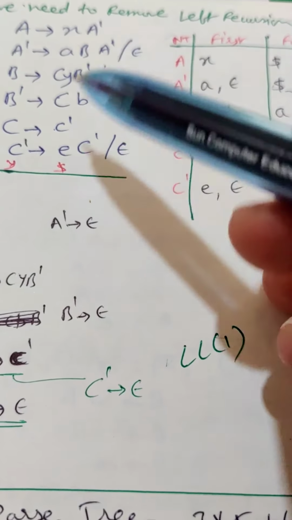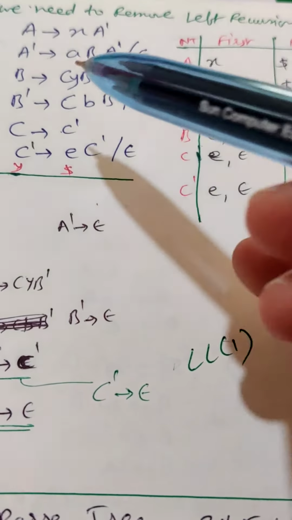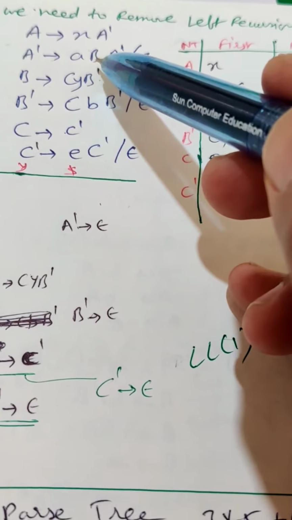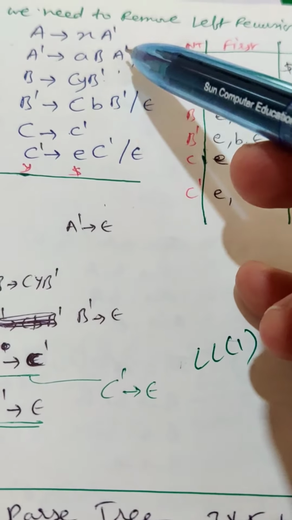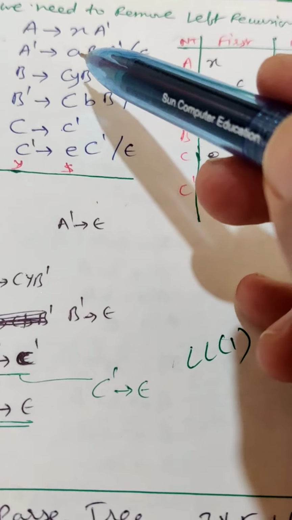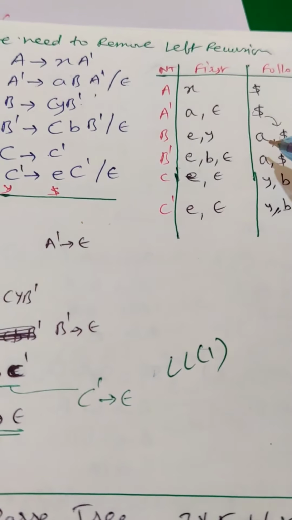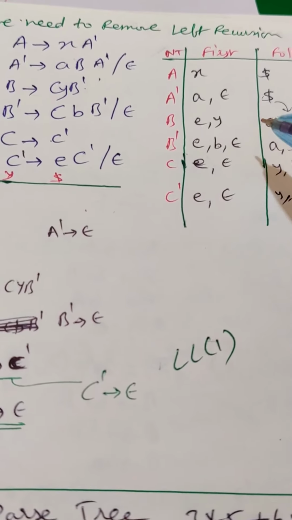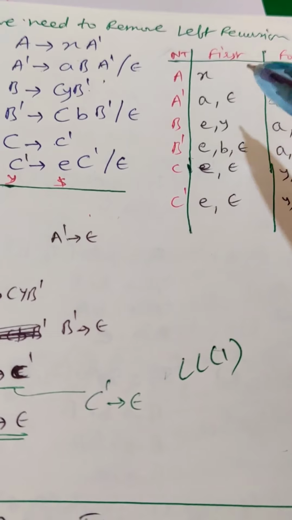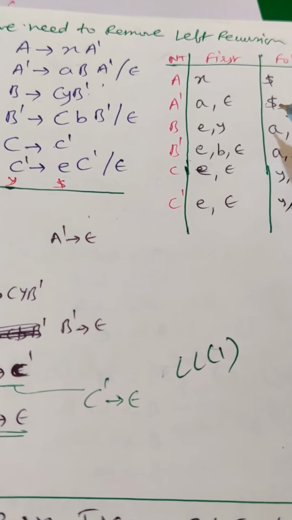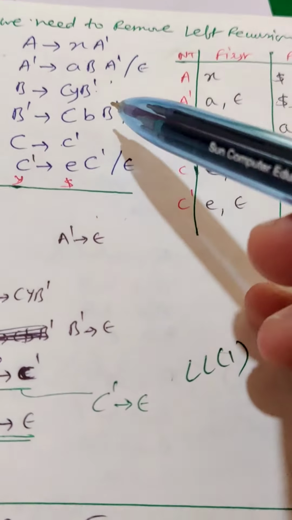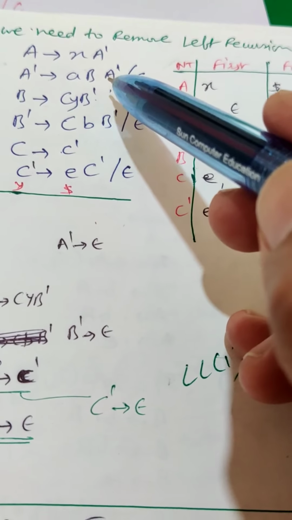Leave it. Nowhere A dash else. Next I want follow of B. Now B comes here. So follow of B is first of A dash. First of A dash is A or epsilon. Now I can take A but no epsilon. Epsilon never comes in follow. Remember this: dollar never comes in first, and epsilon never comes in follow. Remember this tip. So now follow of A dash is,